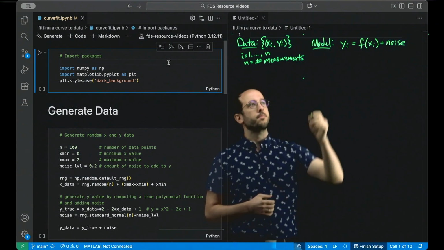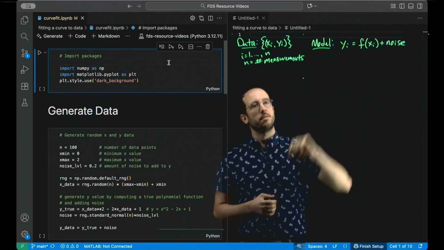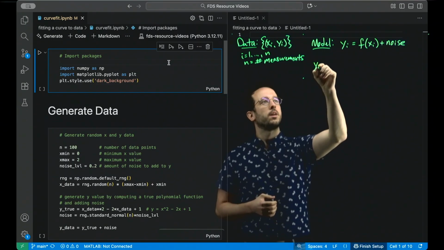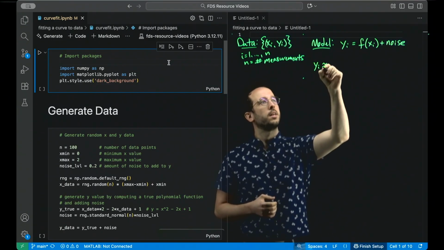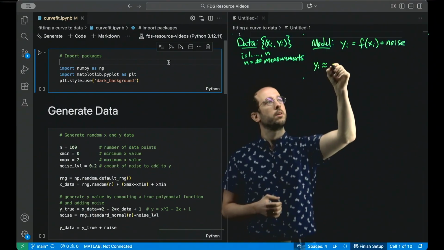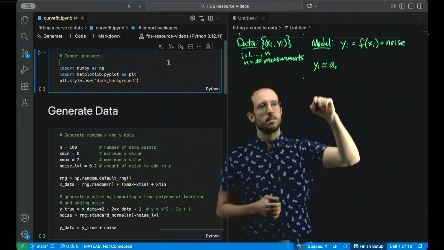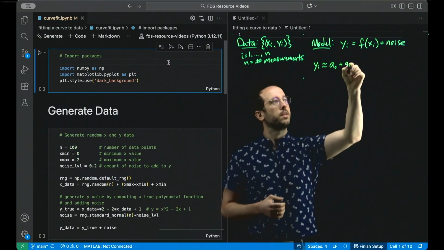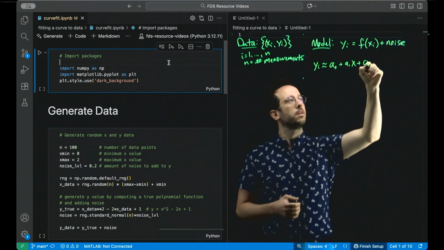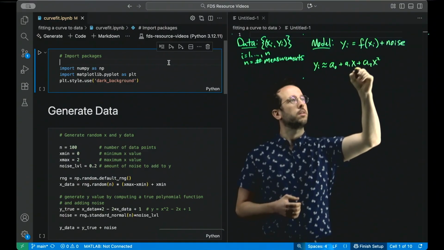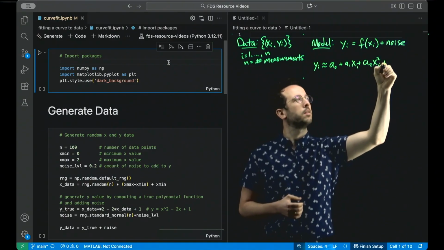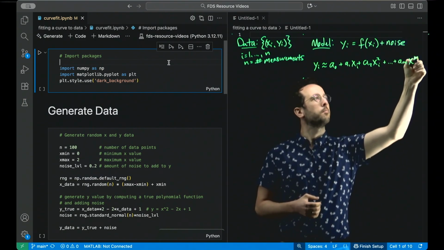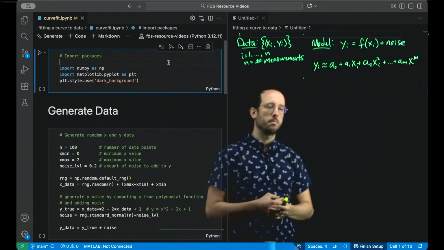For now, we're going to suppose that f is a polynomial function of x. So our modeling assumption will be that yi is approximately equal to a polynomial of x, and I'm going to write it in terms of its coefficients, a0, the constant term, plus a1 xi plus a2 xi squared, all the way up to am xi to the m, where m is going to be my maximum degree.